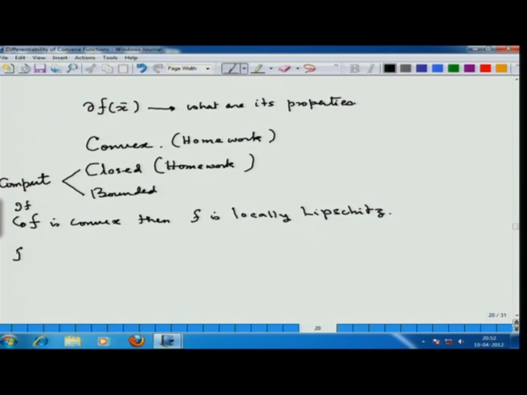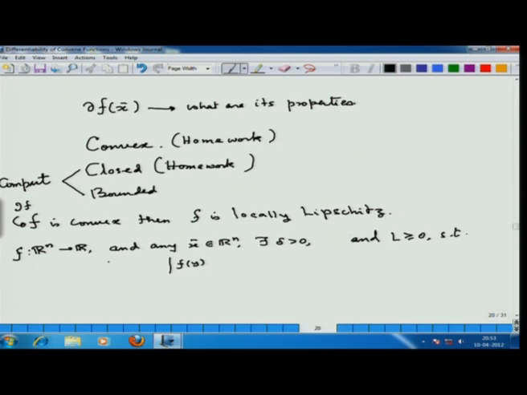For any function f from R^n to R, assume it is a convex function, and any x bar in R^n, there exists delta greater than 0 and L greater than or equal to 0, such that